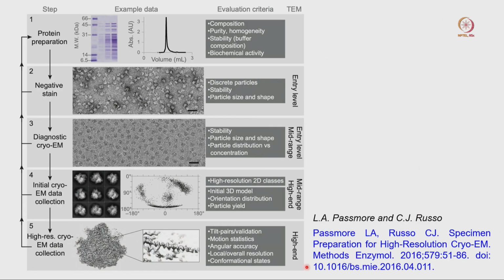I selected this one from a book chapter. Here they discuss this sample preparation techniques very well in this book chapter. So, the first thing I already discussed multiple times is protein preparation, and that is the reason I spent so much time in this particular step, where this is your SDS page gel, or you can try native page gel to confirm the oligomeric state.